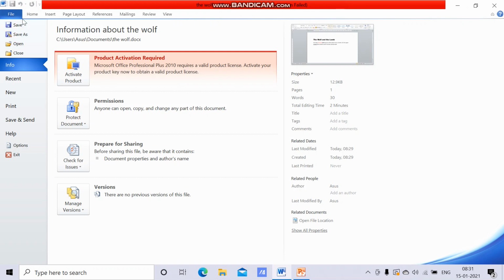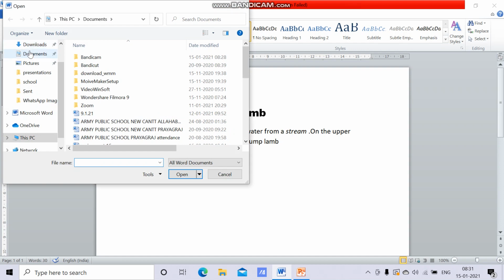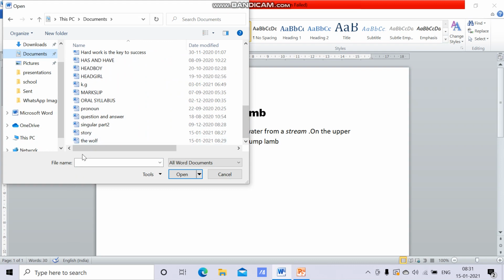So again, File, you can see this Open. Where we have saved, we have saved in Documents. You have to click and look where you saved it. See, The Wolf is written over here with the date.